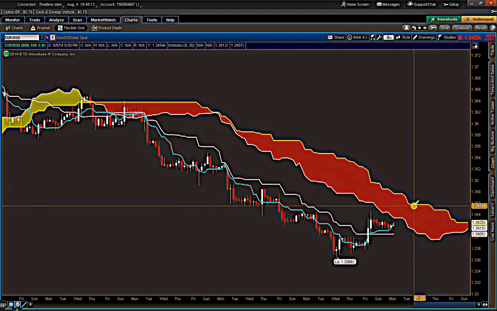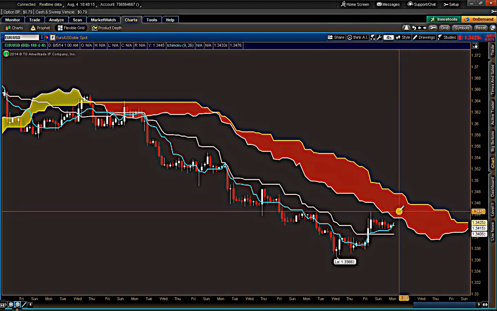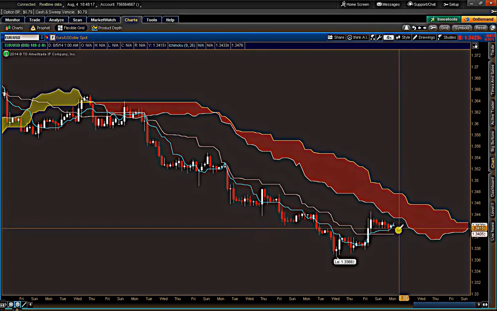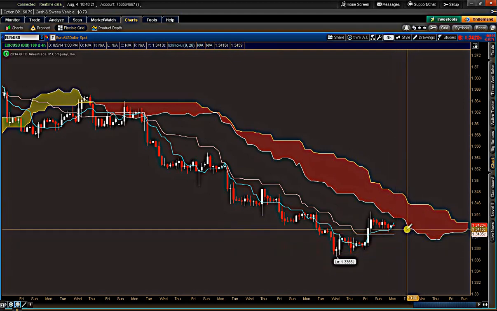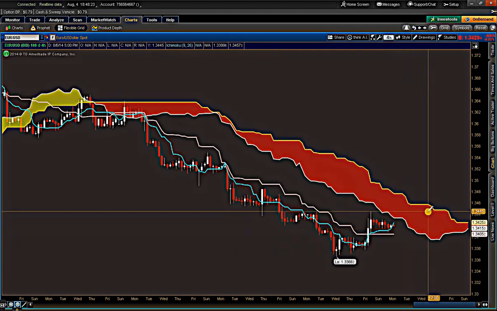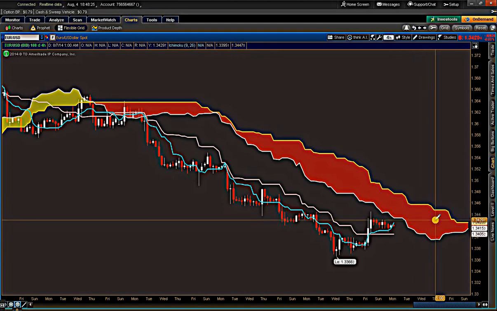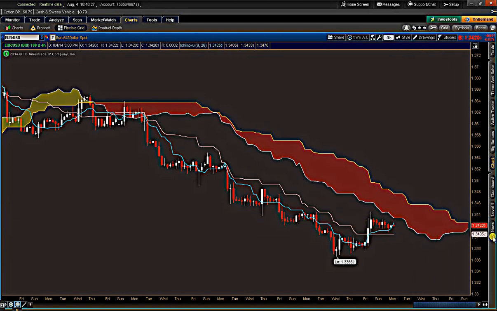to get a bounce off of the cloud and fall right back, and if that happens, then we'll get a strong Tenkan Kijun cross. All right, and if we do get that, I will look to go short euro dollar. All right, or what it means is that the trend is over, and